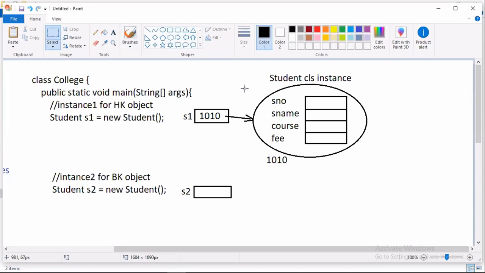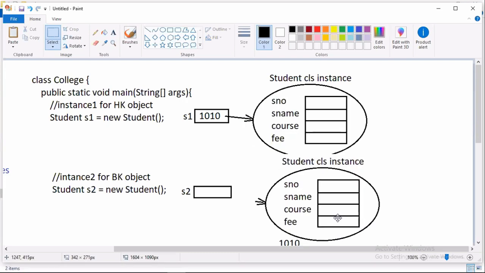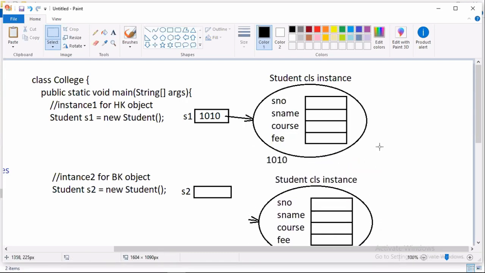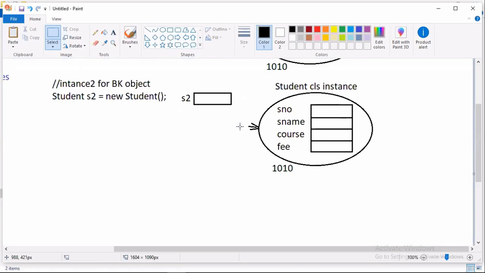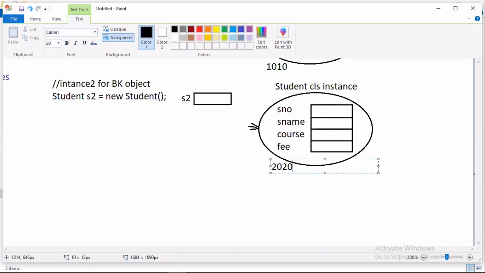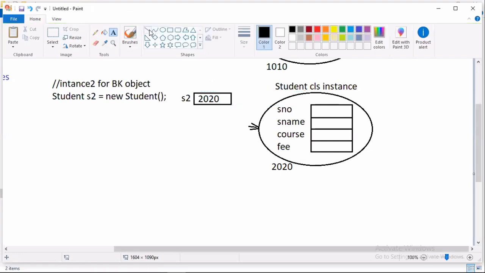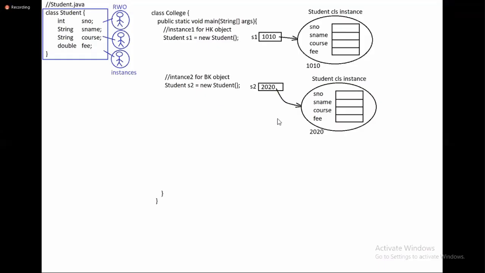The same memory copy is created, but the object reference will not be 1010, it will be 2020. It's a new object, new reference. That new reference is stored in the s2 variable, and it is pointing to it.